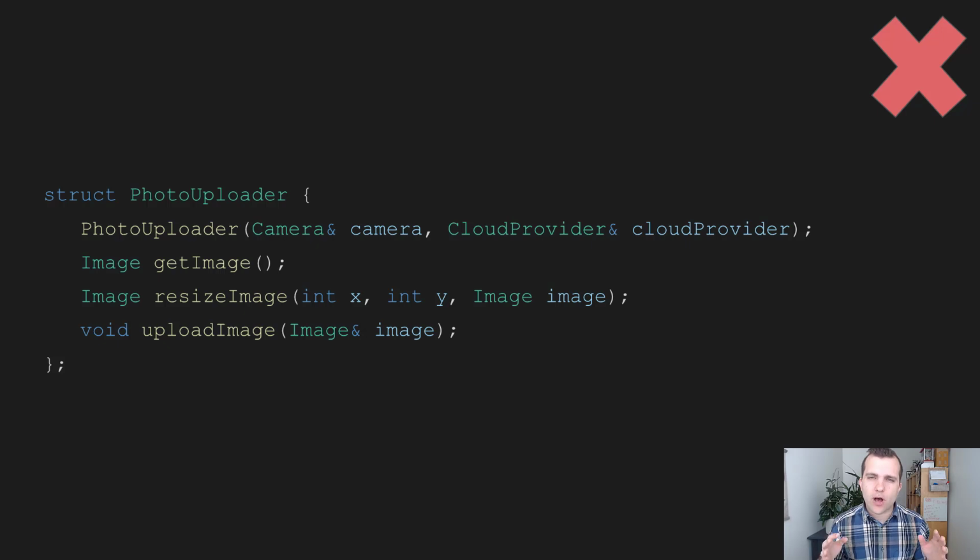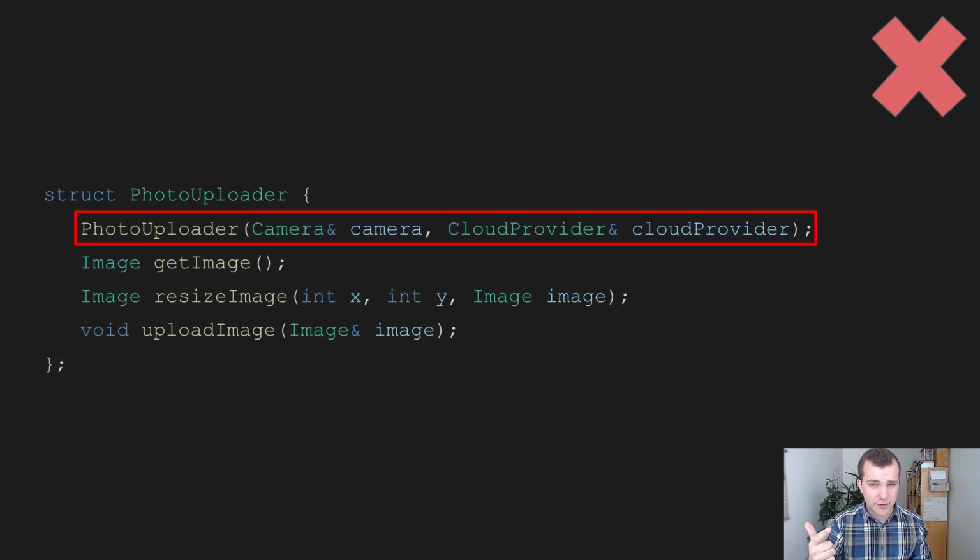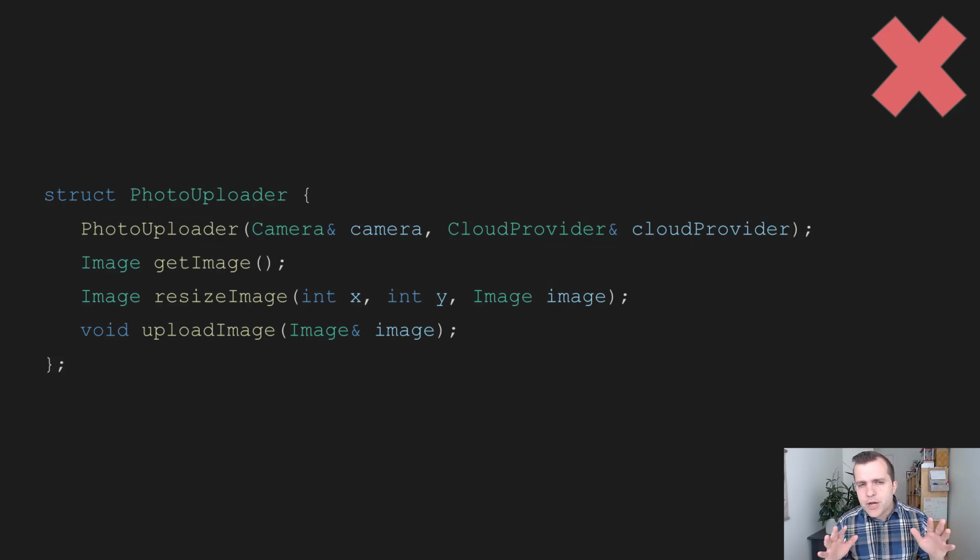Here is the photo uploader class. As we can see, it depends on 2 resources, a camera and a cloud provider. The dependencies by themselves, combined with its name, which merely implies that it uploads photos, should make you suspicious. If we move towards the member functions, we can see that the class clearly has more than one responsibility. It takes pictures and resizes images, which depending on the context you may count as 2 purposes already, and uploads